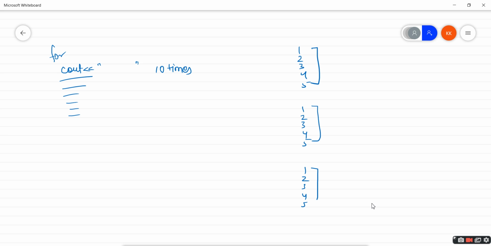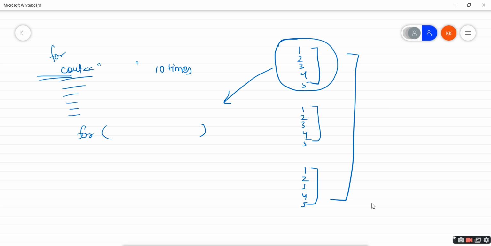Because I need the same output. First of all, I need to write the program to show something, and then I need a for loop to repeat it. So the outer loop is used to repeat.